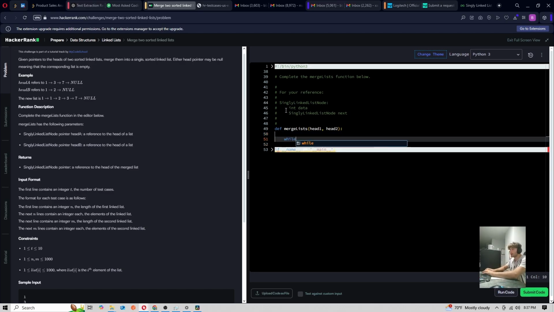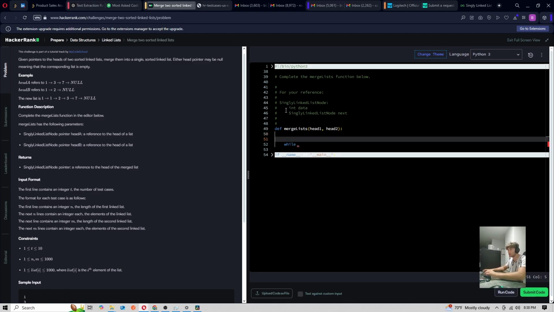So I'm gonna just go ahead and say F memory here, and we're just gonna rock like this. So we're gonna say head. No, say sorted head is equal to singly linked list node. I think we'll just define its data here in a second. While head one dot next is not none and